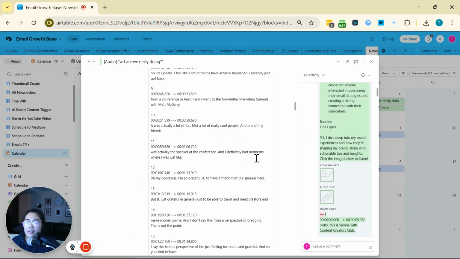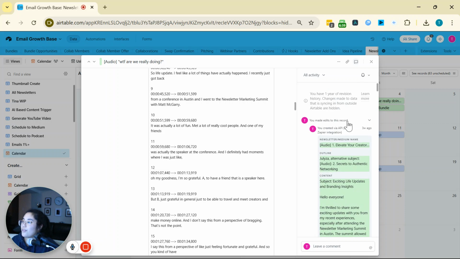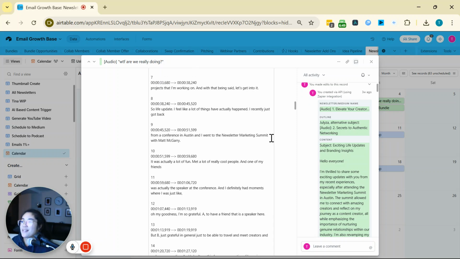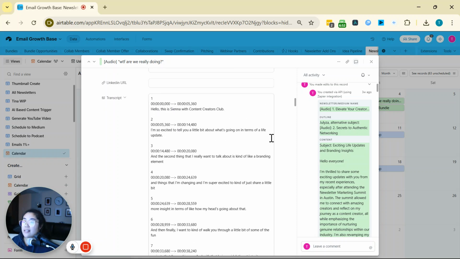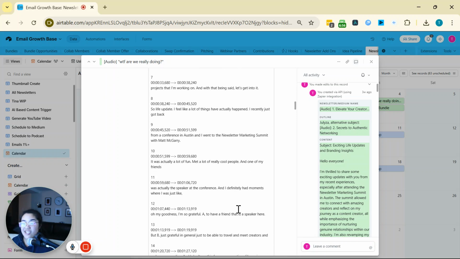Okay, so this is literally just the final product of how it works. And if you need to see the truth, you can see that all of this is being done via a Zapier automation. I'm editing and creating this record via a Zapier automation, right? So literally that's exactly what happened. I sent myself an email and then it pulls this transcript. It does a decent job of it.